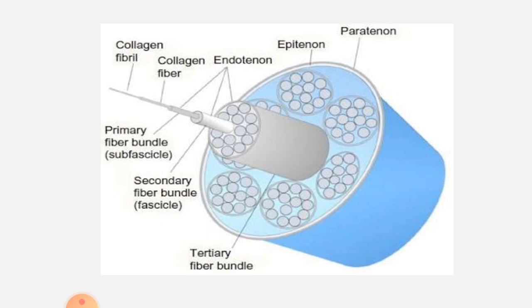the structure of the tendon. You can see the various layers that are endotendon, epitendon, and paratendon, and you can also see the various components that are primary fiber bundle, secondary fiber bundle, and tertiary fiber bundle. We will discuss about them. So if we talk about the components first,